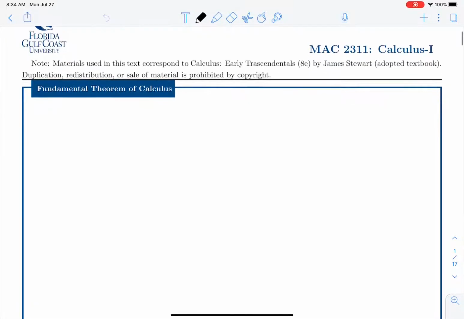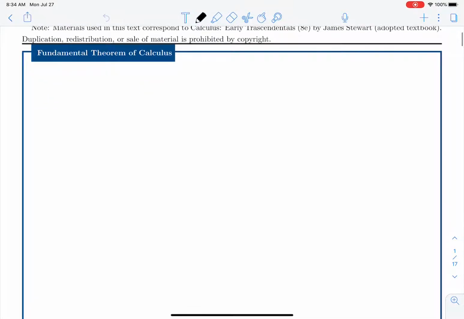So we move on to the fundamental theorem of calculus. It's one of the most important theorems in calculus. Mostly it deals with integrals. And the key here is, suppose